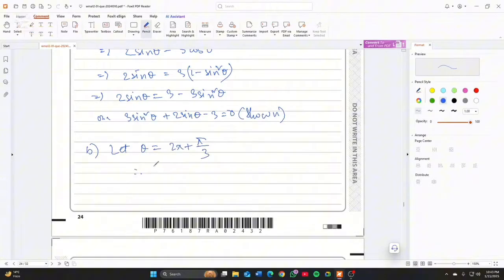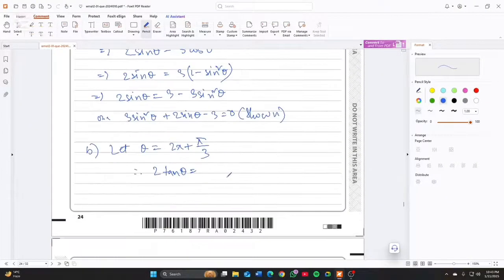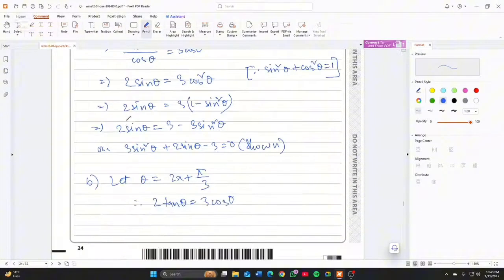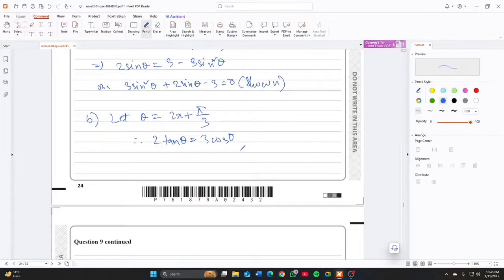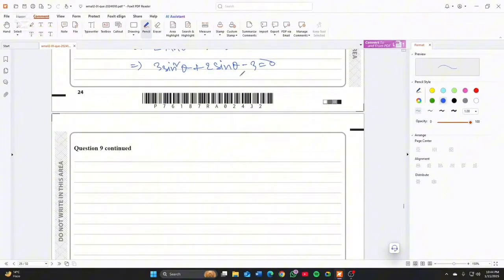Therefore the equation becomes 2 tan theta equals 3 cos theta. Now from part A, we found that this can be written as 3 sine squared theta plus 2 sine theta minus 3 equals 0. Now we solve this quadratic equation. So for this, what can we use? We can use the